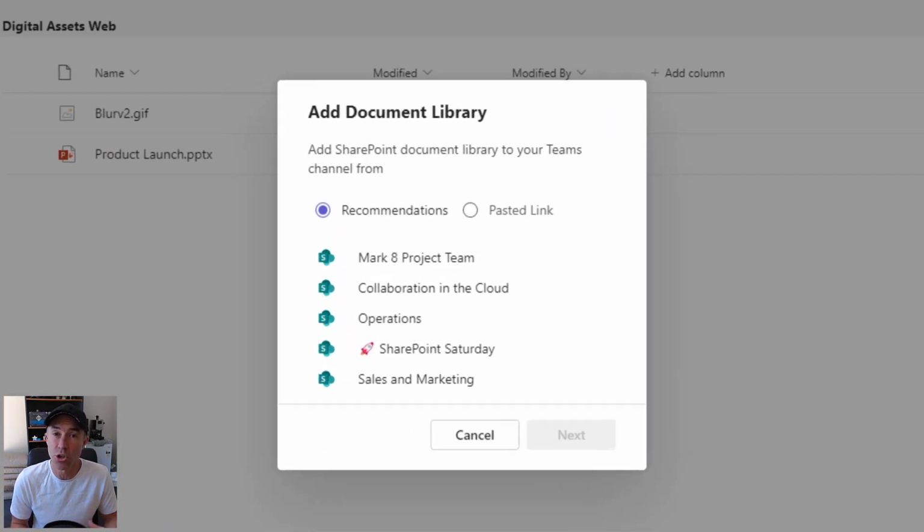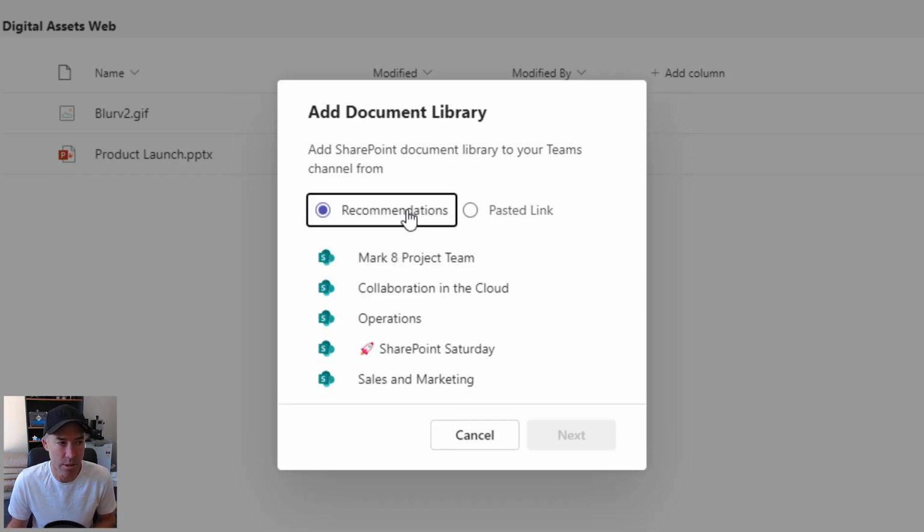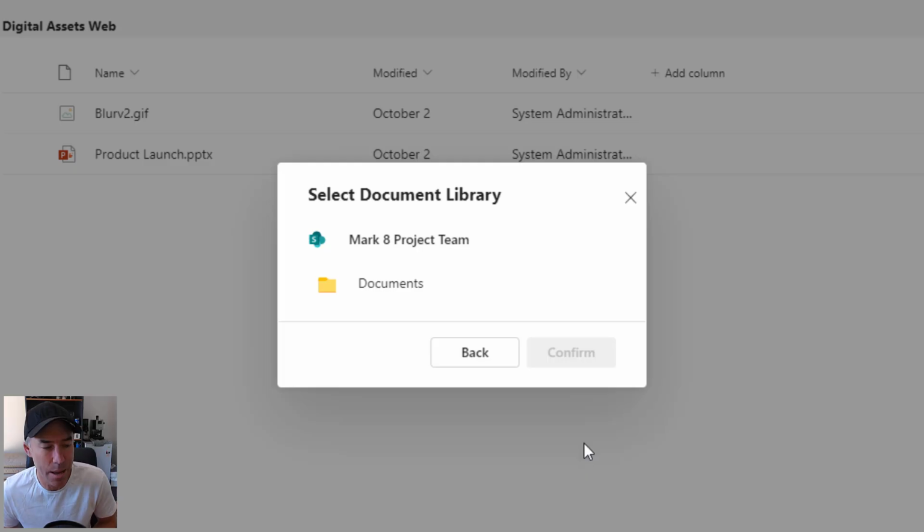Now what we'll see is a new experience where we are provided with recommendations based on where we're working and what we're accessing. Or I can paste a link to a SharePoint page, list, or document library. So I'm going to jump into recommendations. I'm going to select the Mark 8 project team here. So I'm going to click next, and what's going to happen is it's going to show me the document libraries